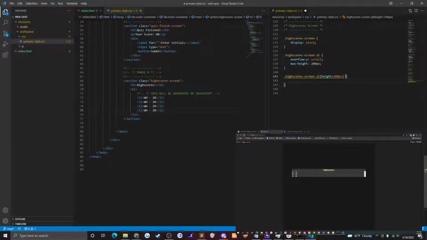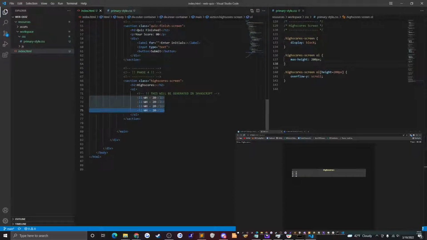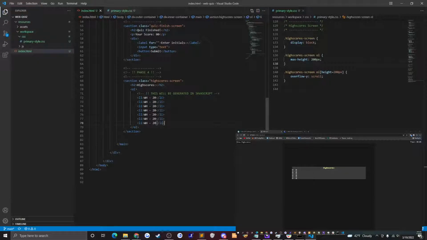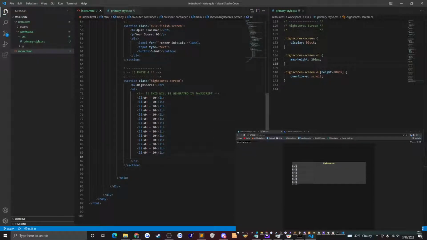This will essentially say that once the ordered list has reached a height of 200 pixels, apply these properties. And then this property could be triggering the scroll to take effect. If I run this now, you'll see the scroll wheel isn't there, but if I keep adding items to this ordered list to the point where it gets past the size of 200 pixels,